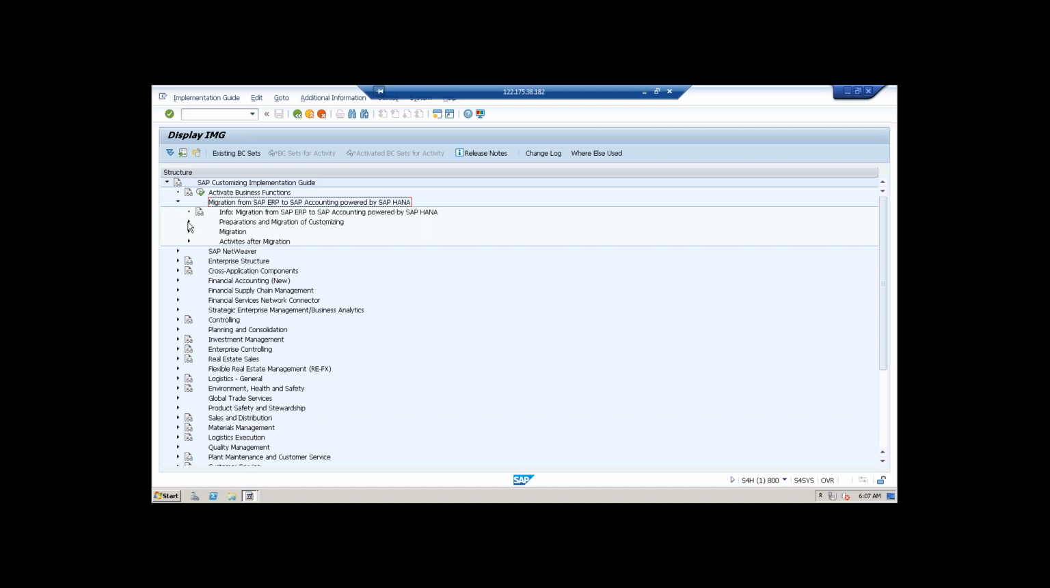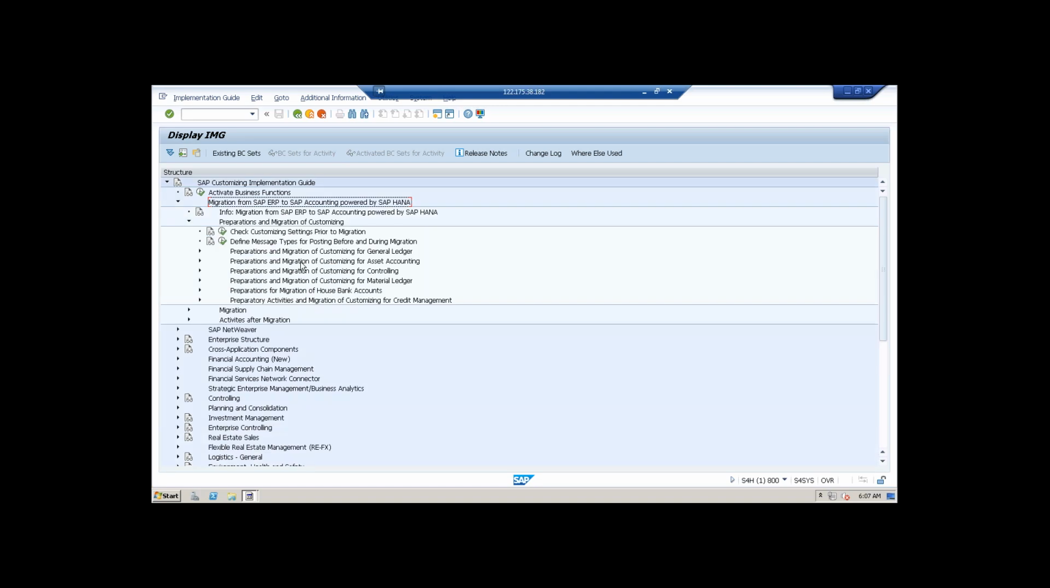Okay. So here when we go to preparations, now in 1503 there were three things only: GL, assets and controlling. But now we have three more: material ledger, bank account and credit management. So this is the latest updated system, which is the last release by SAP in the market. Okay. I see. Okay. So to start with, what we will do is we will